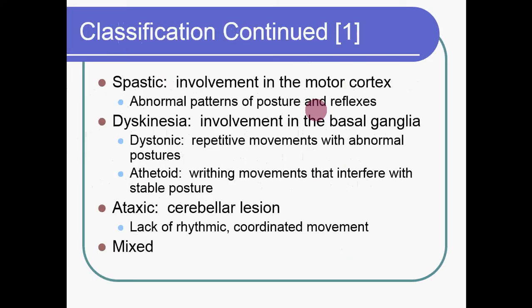Cerebral palsy can also be classified according to where the lesion is in the brain. Spastic cerebral palsy has involvement in the motor cortex and displays abnormal patterns of posture and reflexes. Dyskinesia is involvement in the basal ganglia, and there are two subsets. Dystonic represents repetitive movements with abnormal postures, and athetoid is represented by writhing movements that interfere with stable posture. A cerebellar lesion demonstrates ataxia, which is characterized by lack of rhythmic coordinated movement, or there could be a mixed